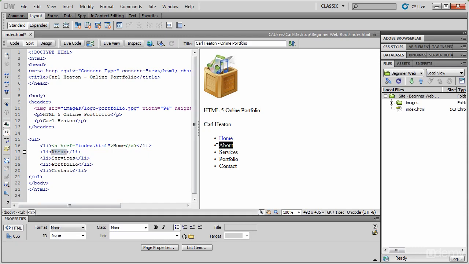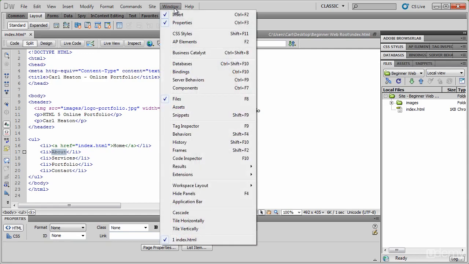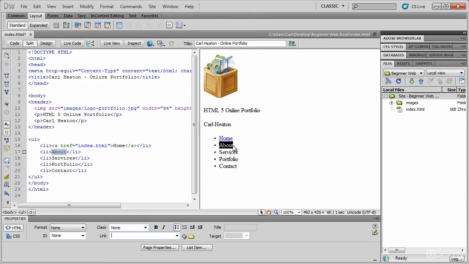So highlight about, and then just move down to the properties bar here at the bottom. If you can't see the properties bar, go to window, and then you'll see properties just here, the second one down. Okay, so back. We've highlighted about, and then we just go to link and we put in about.html. Wow, that was easy. Highlight services, services.html. Portfolio.html. And lastly,